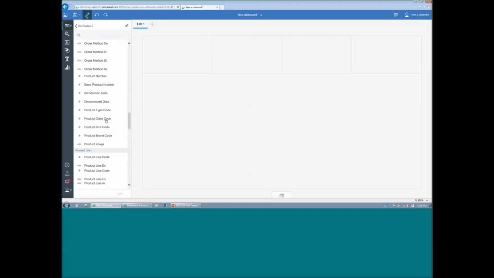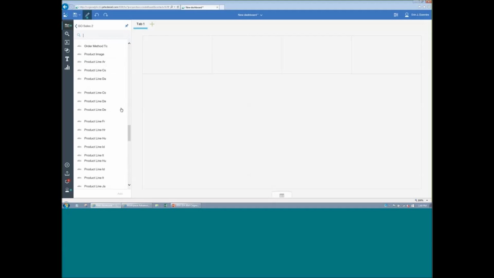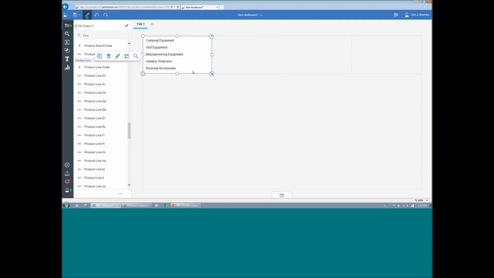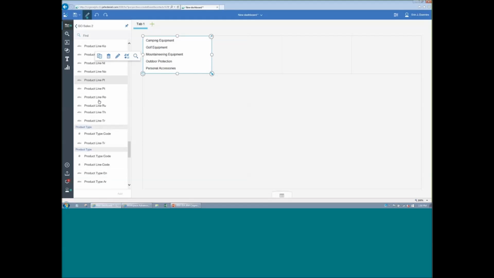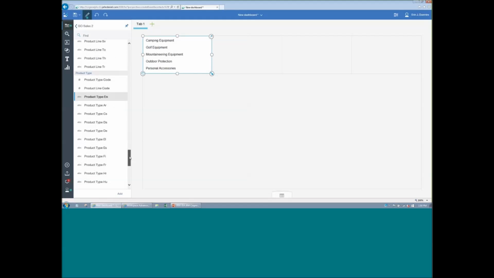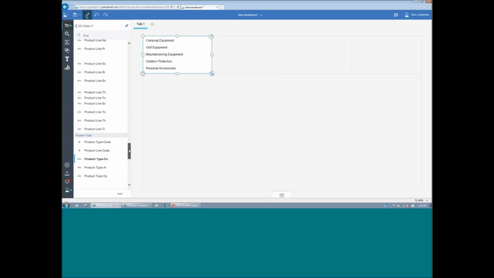Now, as you can see, there's a lot of stuff in this model that should be cleaned up if it were live production. You know, there's a lot of things in different languages that we don't need here. But for the sake of getting to this quickly, we're just going to pull over product line. And then, so I'm recreating the dashboard that you saw earlier. Product type,